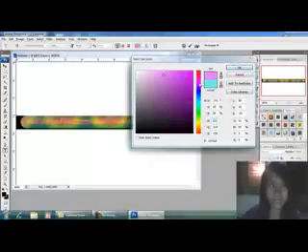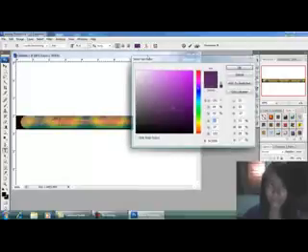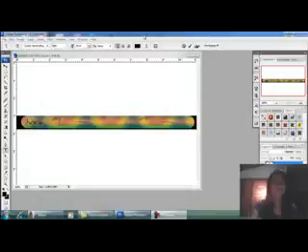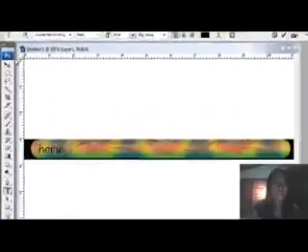Then choose the color that you want. After you change the color, click to the option tool, the move tool, and then click to the outside.